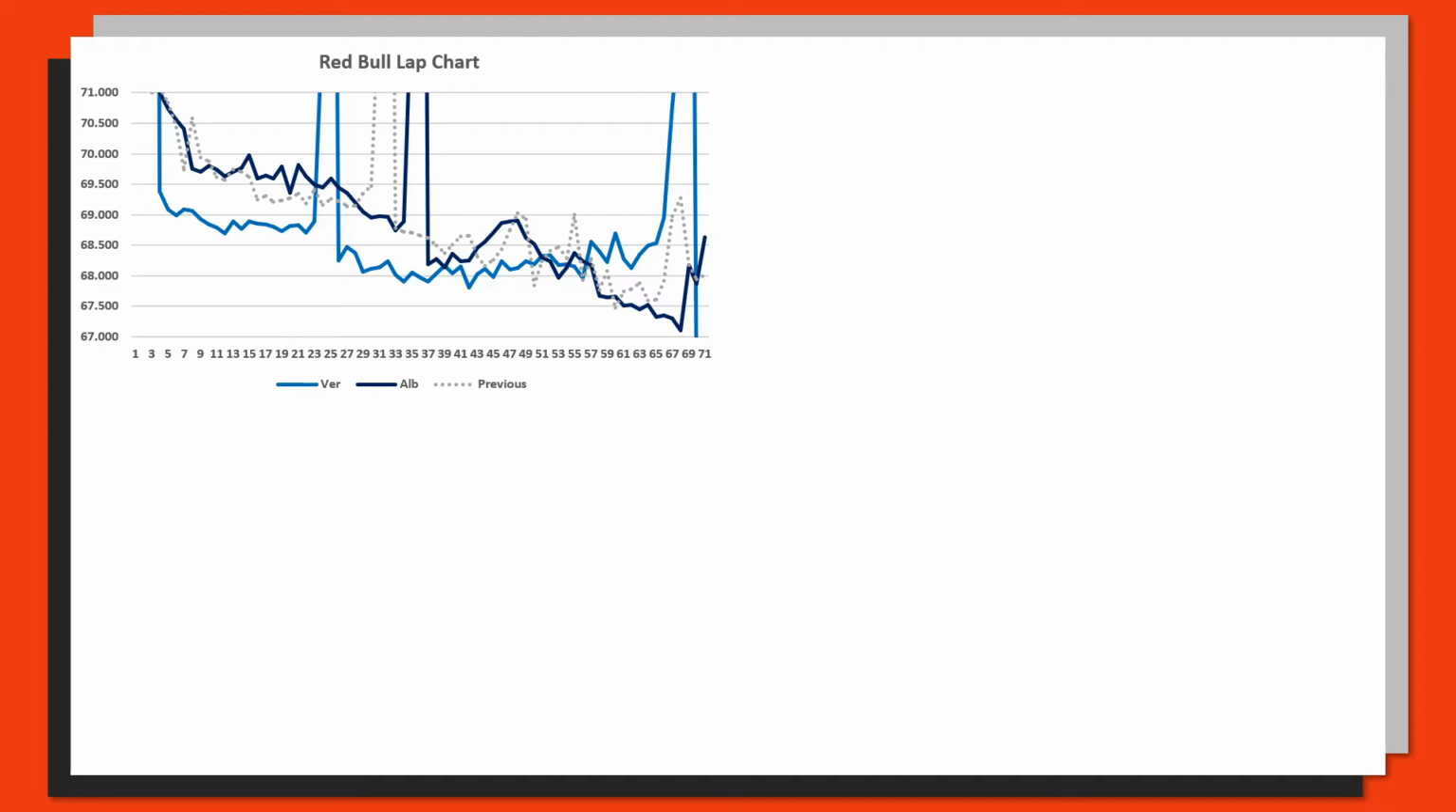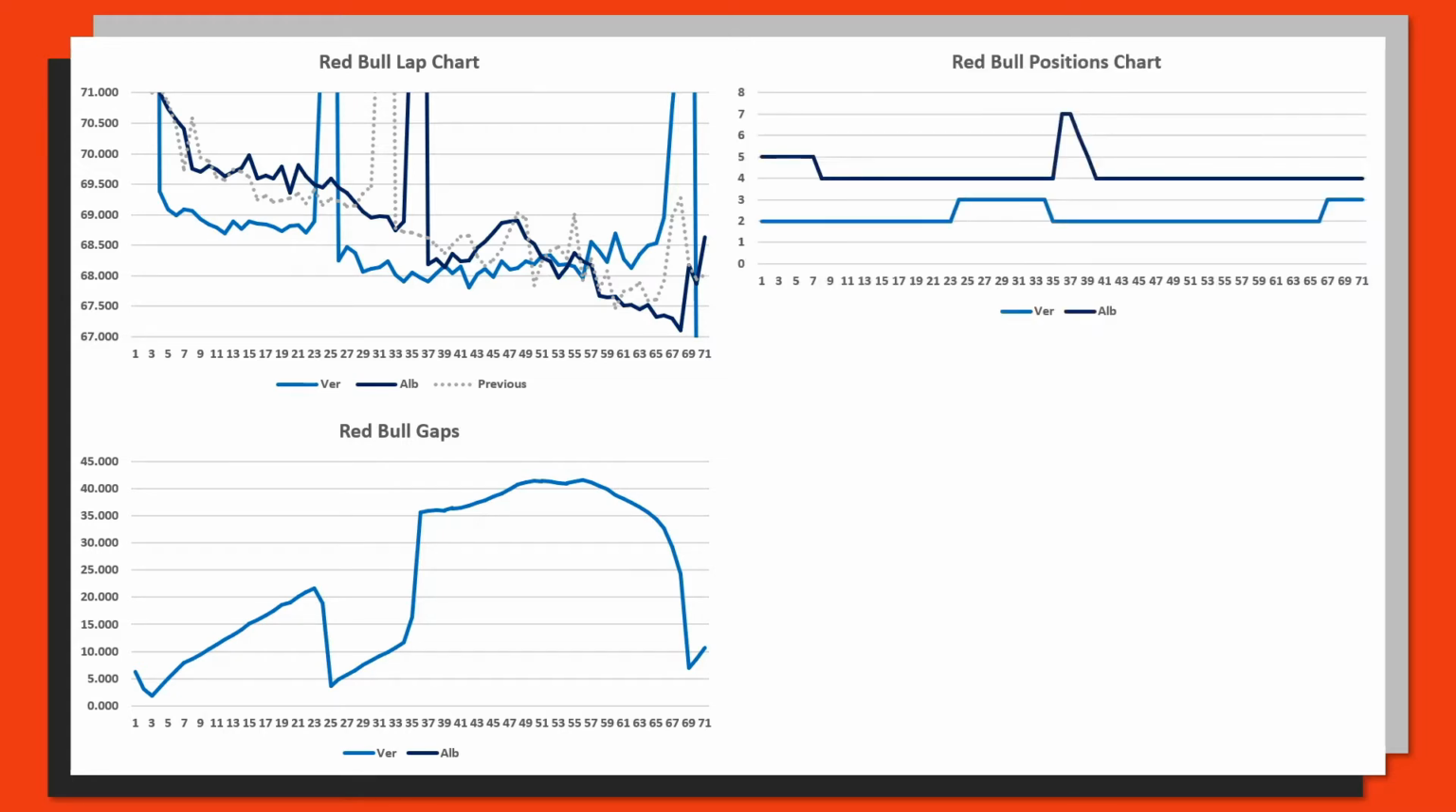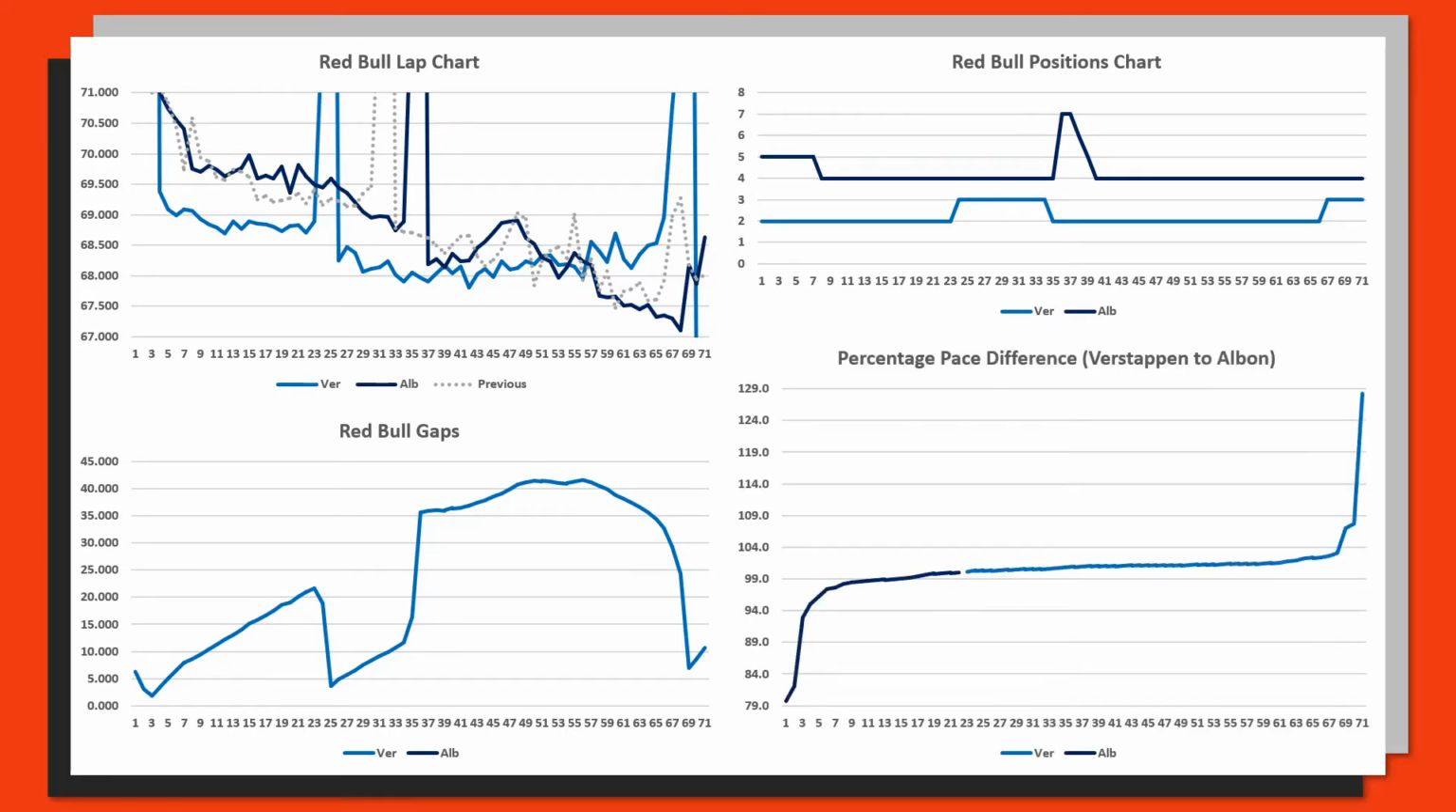And then just like the Mercedes graph, we can plot on their gaps as well. So Max Verstappen was always the Red Bull driver in front, escalating his gap over Albon to over 40 seconds. We can then map on their positions chart as well, which looks something like this in the top right. And then of course we can map on their pace percentage difference graph as well, which shows a distribution that